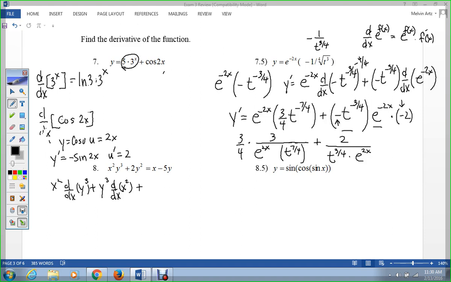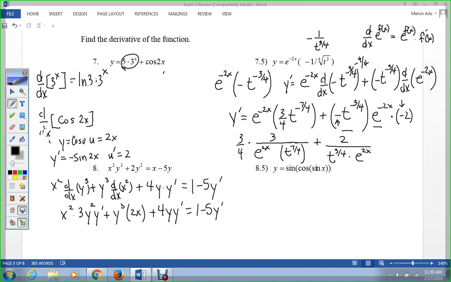Plus, now the derivative of 2y squared would be 4y times y prime, derivative of x is 1, and then we would have minus 5y prime. So now if we take the derivatives over here, we would have x times 3y squared y prime plus y cubed times 2x plus 4y y prime,